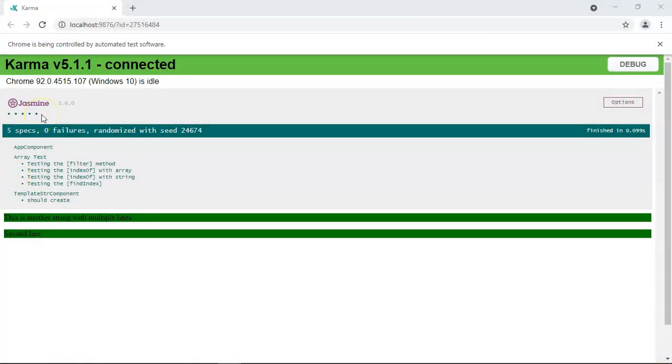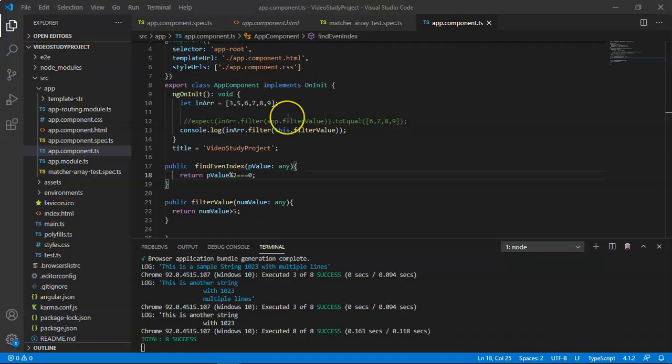But is this the only way to test the filter, indexOf and findIndex? No. For indexOf, this testing is sufficient. But for filter and findIndex, we usually write a function. Now this function can be part of a component or can be returned as an arrow function. So in order to check if that particular function is part of the component and whether it is getting executed properly, I have written some more test cases. Now let's go and see those unit test cases.